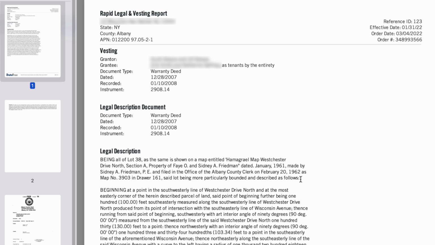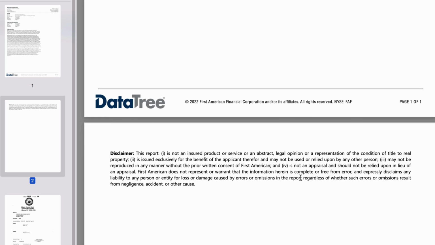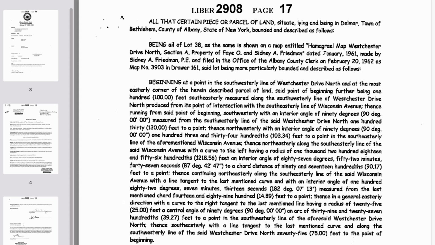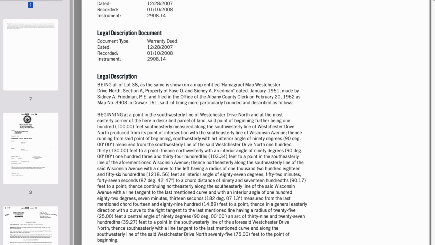And speaking of that title search, there's actually a separate video I have on how to do a title search through DataTree. It's actually pretty easy. But in this case, with this particular report, we can scroll down. It shows us the actual recorded deed from the most recent transaction. And we can see all the relevant information that that first page told us about the name of the grantee and the grantor and the address and how the grantees were holding title together. And we can scroll down here and see that full legal description, just like the report told us right up here at the very top, which again was not included in that property detail report.